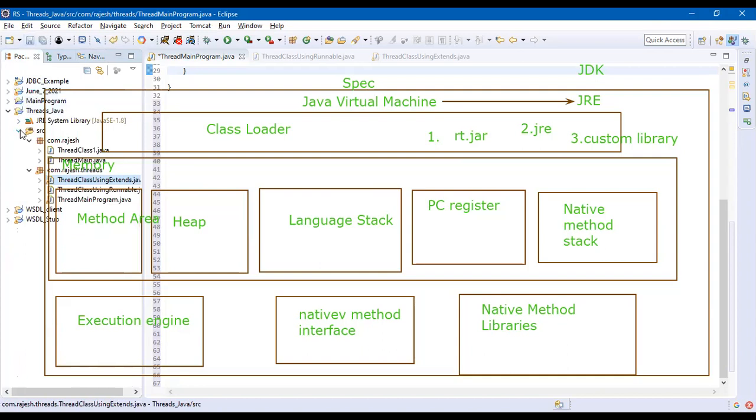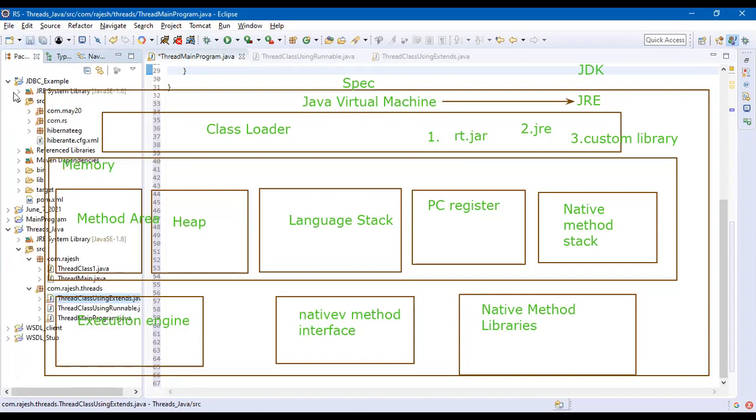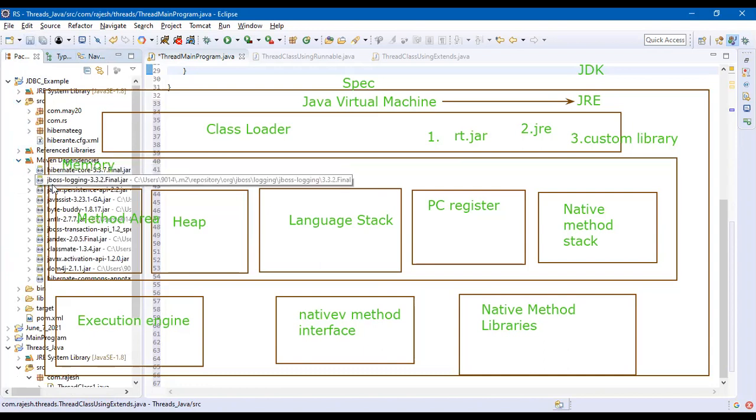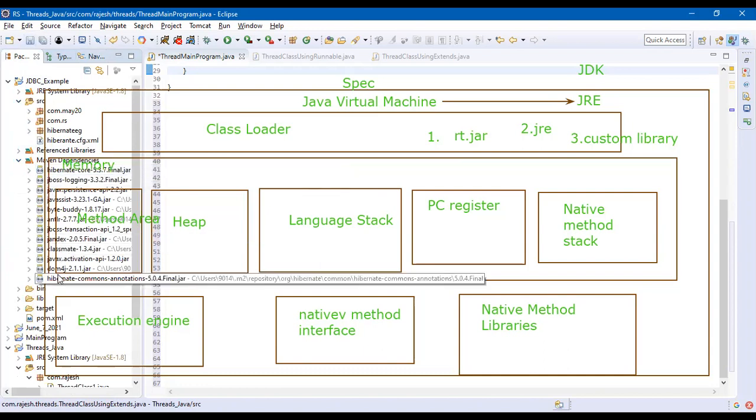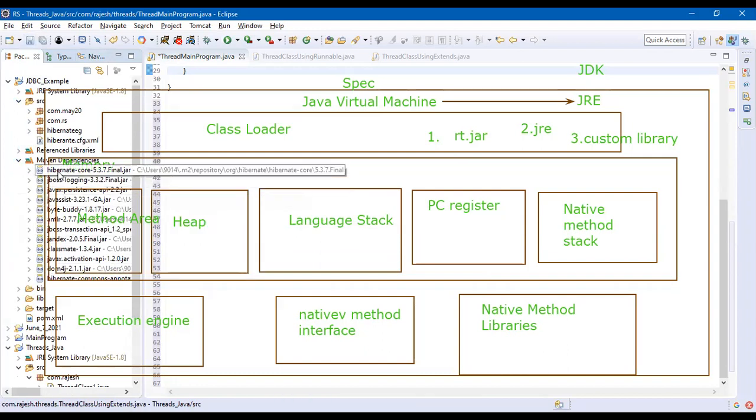If I go back here, let's go to JDBC example, Maven dependency. See here, we used Hibernate jars, right? These are the jars we used for our program. Do you remember?